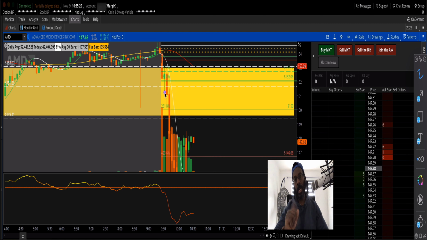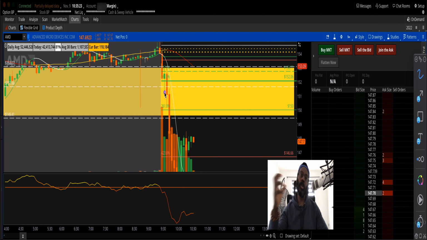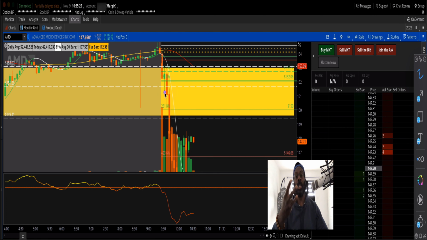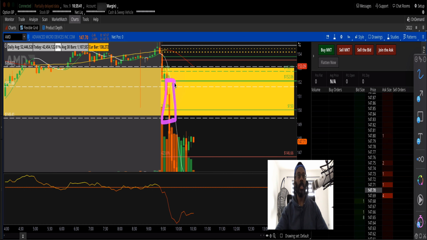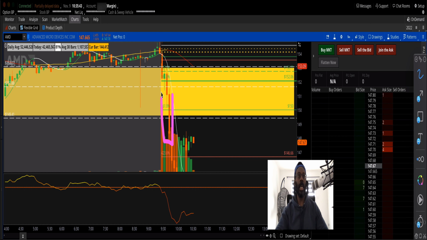But then what I did is I saw these three gigantic massive candles, right? I call these big ass candles, right? Look at them right here. Here's one. That's on a 5-minute chart. Here's two. And then here's three. Look at the size of these big ass red candles.